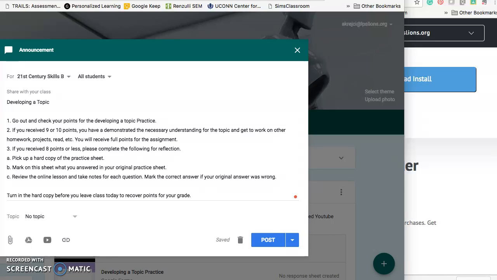You want to start broad and then work to narrow it down. And this is all going to be based on whether or not or how much time you have to work on your project, how much time you have, and how many pages you have in order to share what you have learned. All right, so let's go ahead now and we are going to take a look right at the